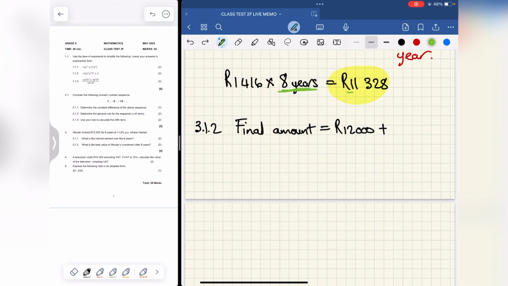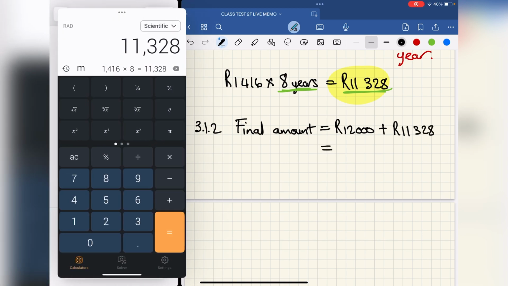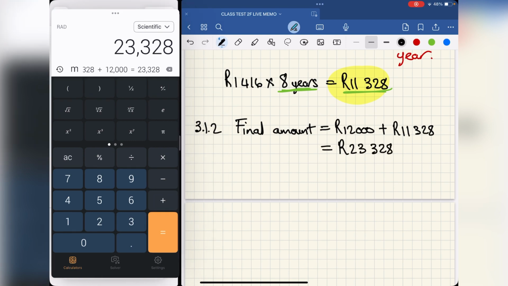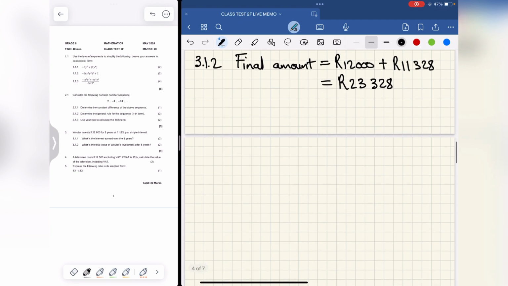Which is 11,328 Rand. And just add that, and I get a total amount of 23,328 Rand. Or